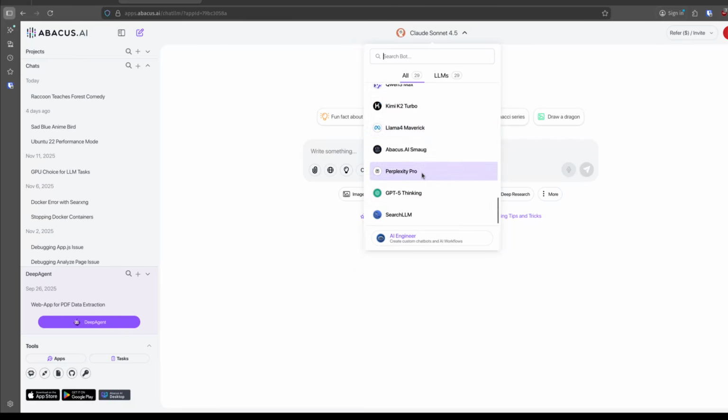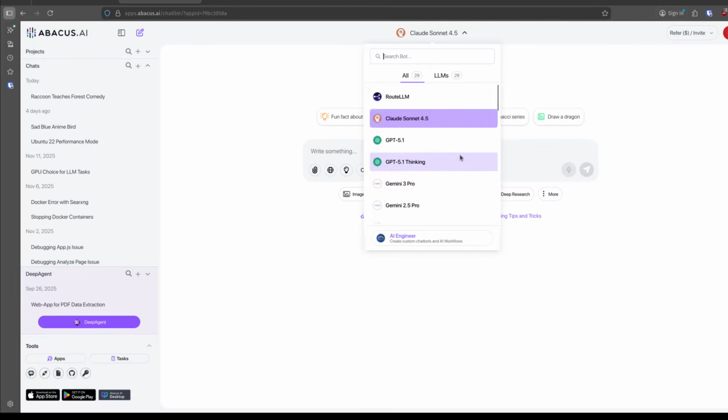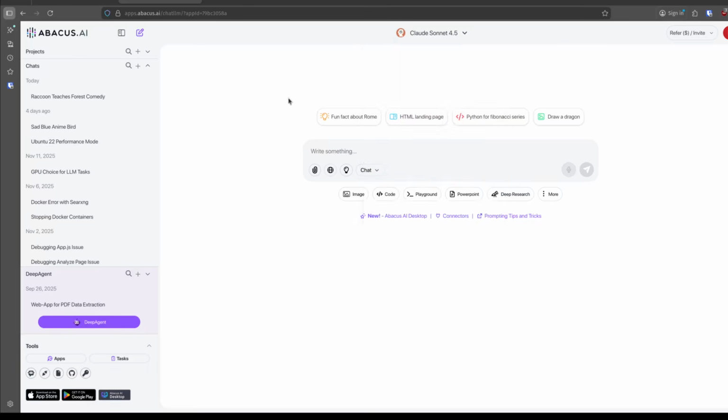Perplexity Pro, I really like Perplexity Pro. That's one that's here too. So as you can see, there's lots of different models available. They do change this and update this as new models come out. So whatever I'm showing you right now, it could be different tomorrow. It just depends on what's launched. They keep it pretty up to date with the newest models.